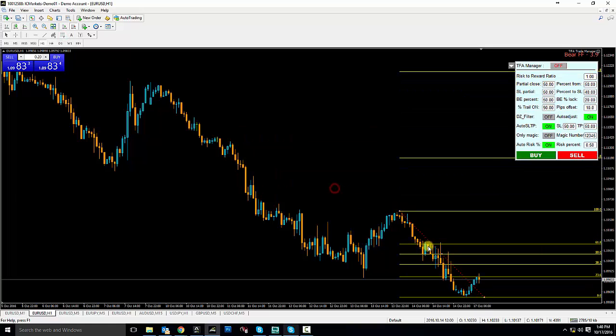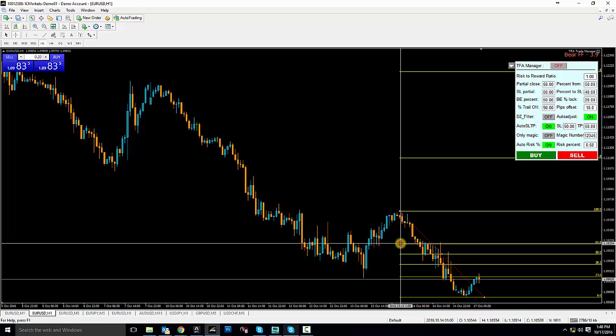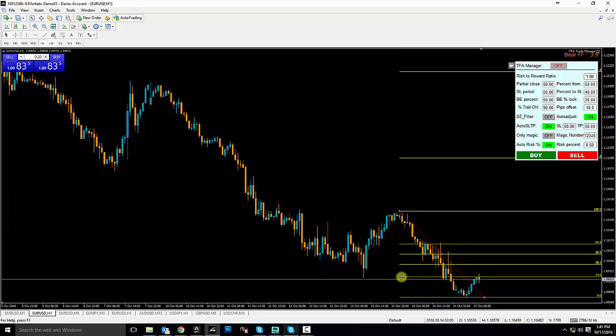I want to take a trade and put my stop loss right here, this level here. If I want to do that, and I only want to risk 1% for this trade, how many pips do I have to use? What lot size do I need to use? I need to measure how many pips away from the entry it is,